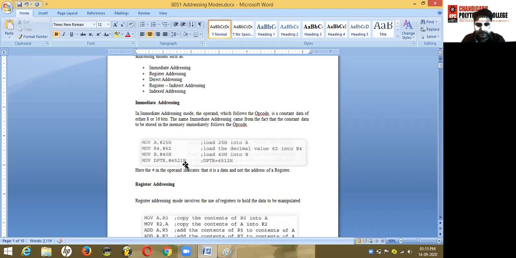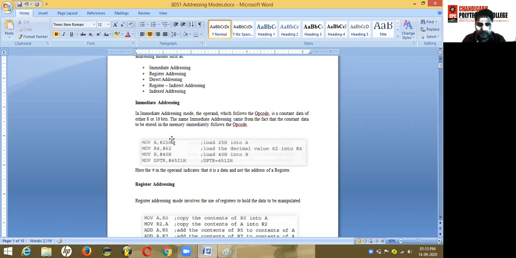4521h. The data that is the immediate data. After the hash, the data is the immediate data that you are going to transfer. This is not the memory location, this is not the register, this is the data. The value of data may be in hexadecimal, maybe in binary, or maybe you can take your data in decimal notation.